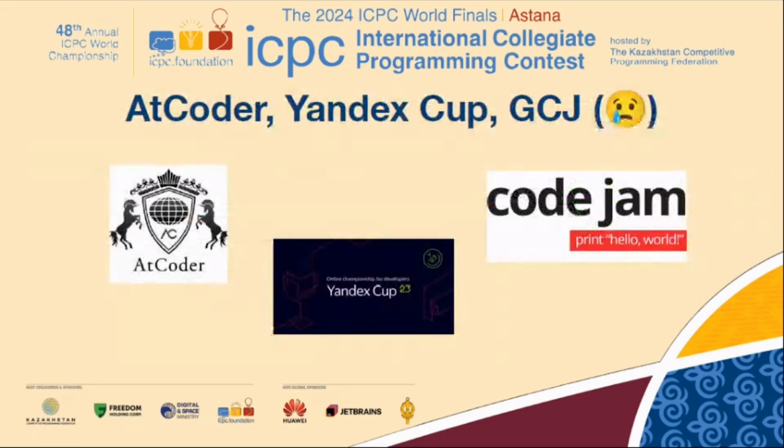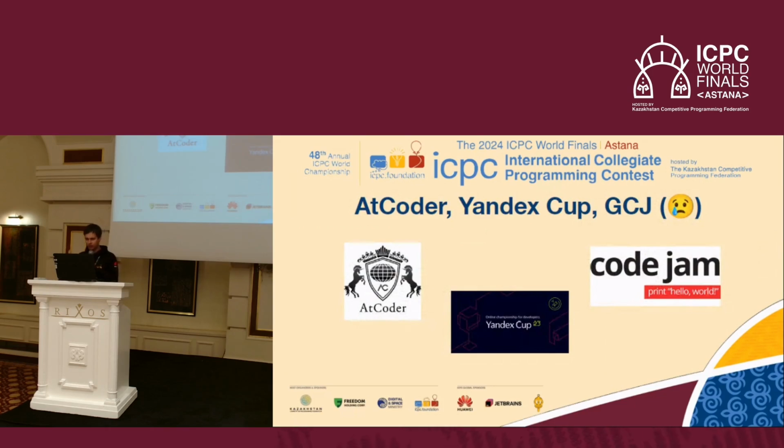Let's talk about some other contests. AtCoder, well, Yandex Cup and Google Code Jam, unfortunately, are not happening anymore, at least, but maybe it comes back someday. In those competitions, the rules are a bit different, and the penalty time would not be the sum of times of your problems, but the last time when you improved your score. I would say it changes the strategy, at least for me. You don't have to solve easy problems as fast as possible. You can do it later. You can go from hard. If you can solve hard problems, that's also fine.